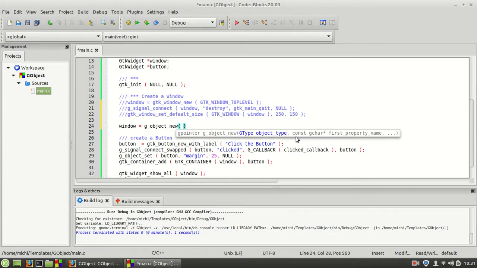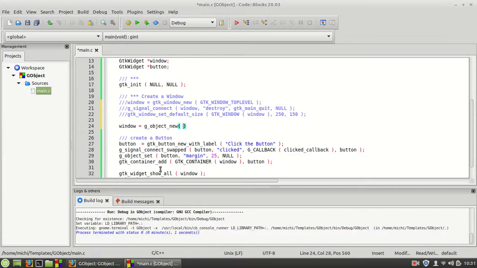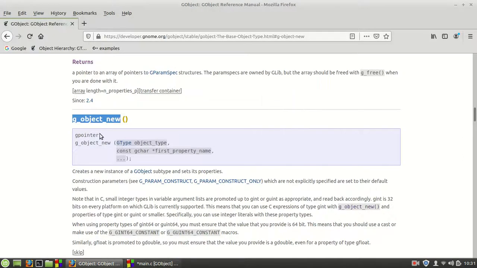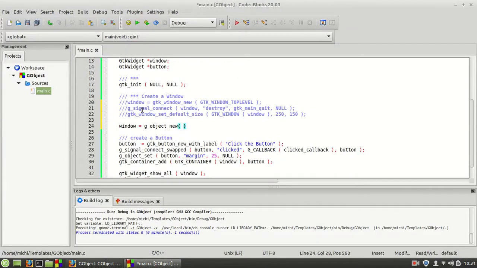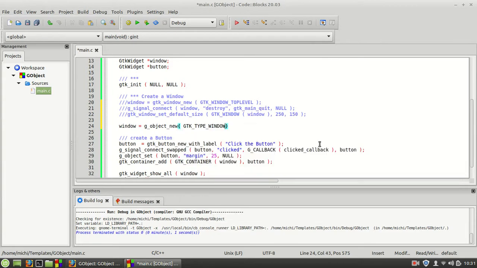which says in its type, object type. Like I already told you here, you need to take care about what exactly it says and the ID. Anyway, the first thing which we need is the type, and we know that our window is a window type which we are creating, so we need GTK_TYPE_WINDOW, which is very important for us. And